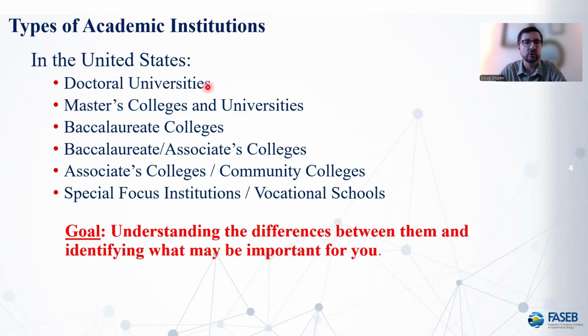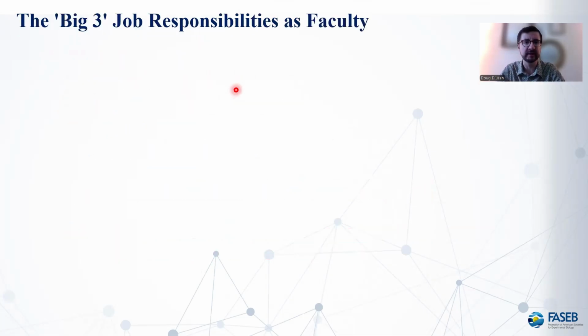Within the US, there are doctoral granting universities, master colleges and universities, colleges that only award bachelor's degrees, associates community colleges, and certainly special focus institutions, nonprofit organizations, and vocational schools. Each of these do hire faculty at the assistant, associate, and full professor rank, and each of them are going to come with different types of responsibilities. Even within a doctoral university, say at the University of Maryland or the University of California, San Francisco, you might have different roles depending on whether you join a College of Medicine or College of Liberal Arts and Sciences or College of Engineering. So we're going to explore that a little bit now.